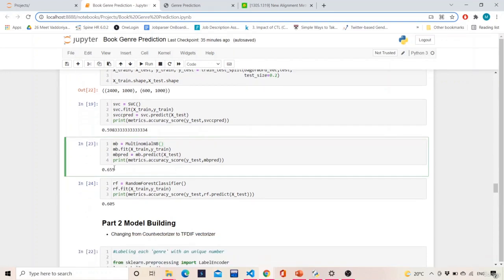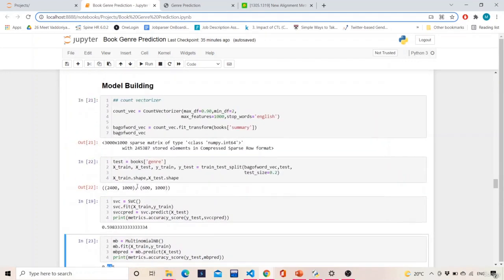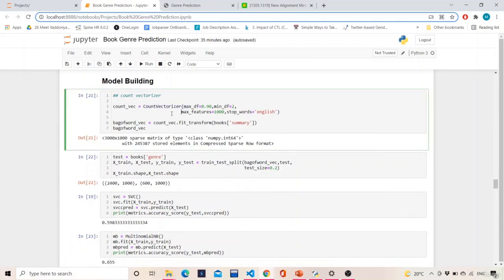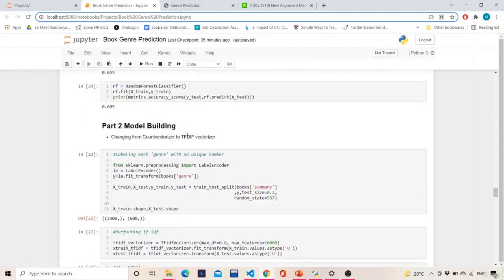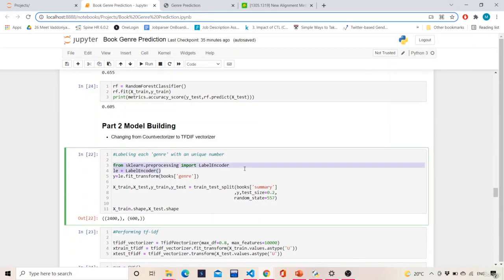So we saw that the accuracy scores are not good, so we will try some other vectorizer. Instead of count vectorizer, let's use TF-IDF vectorizer. From sklearn we'll import label encoder, in order to give the mappings of this book genre.